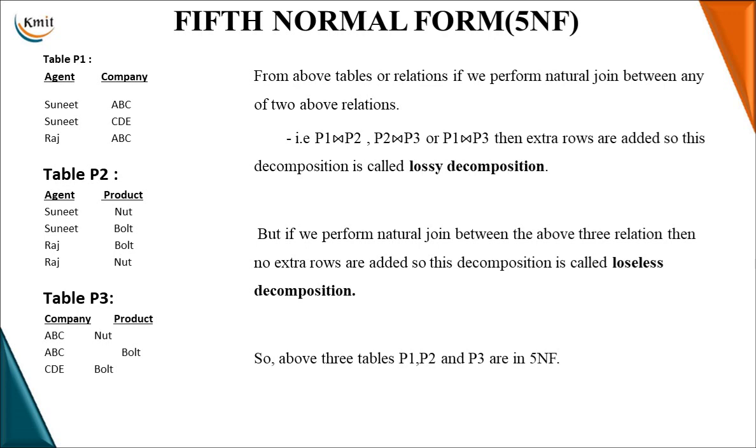Here, agent determines company, and then agent and product, and company and product. So this is the higher normal form called the fifth normal form. Generally in most decompositions we go up to 3NF, and that itself would be sufficient. That is why these are called higher normal forms. In very rare cases we need to